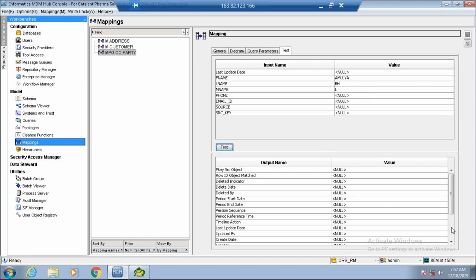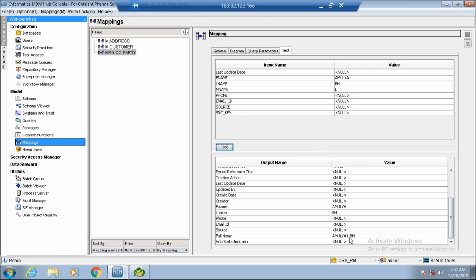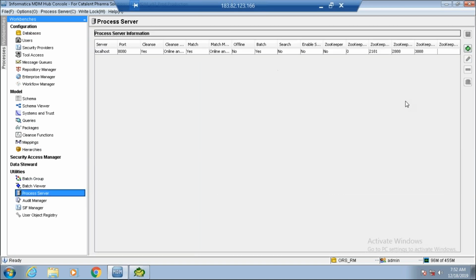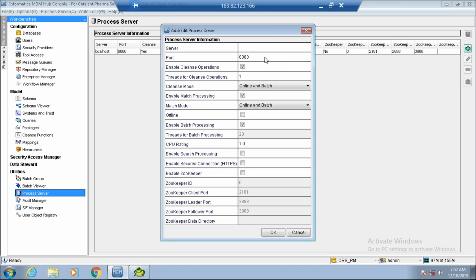Okay, now I should have first name space, middle name space, last name. Let me just quickly do a recap of what we just did. Yesterday, like a message queue, we need to add an external server. Like a workflow manager, we need to add an external server. We have some external server also for the cleanse server or so-called process server, which needs to be configured in MDM. Like they give the credentials for message queues and workflow manager, they also give us the details for this process manager. We click the plus symbol here, and we add all these details required.